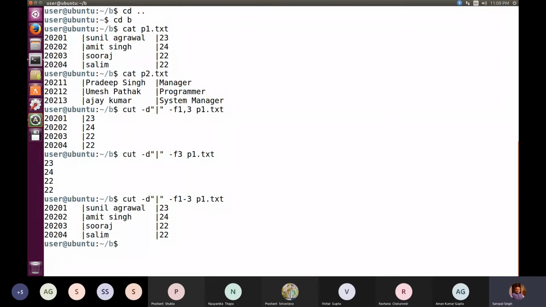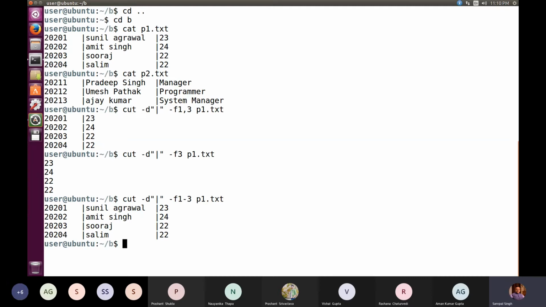When I press enter, I am getting all three fields, and eventually we have only three fields in the file itself. But it may be possible that we have multiple fields, maybe 5 or 10, and out of them we are interested to show only the first three fields, 1, 2, and 3. So that can also be done. So is it okay? We can make use of cut.